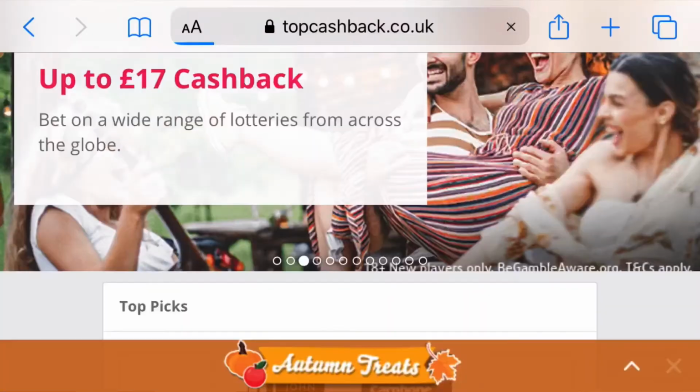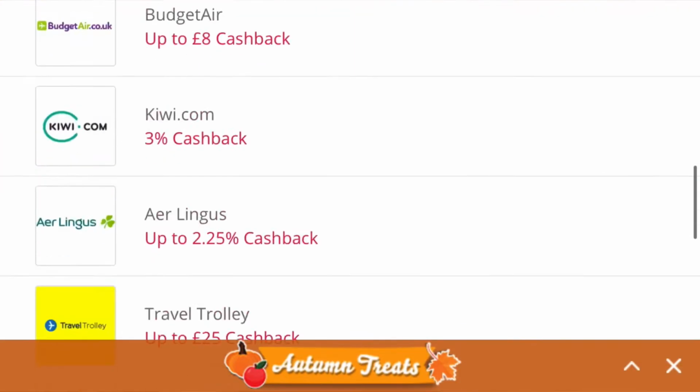But most importantly, wherever you're going, whether you're travelling short haul or long haul, please do make a TopCashback account, because you can get free cashback on any bookings that you make. So when we booked our flights to Thailand through STA Travel, we could have got £50 back, but I just completely forgot to go through TopCashback, which is such a waste of money.